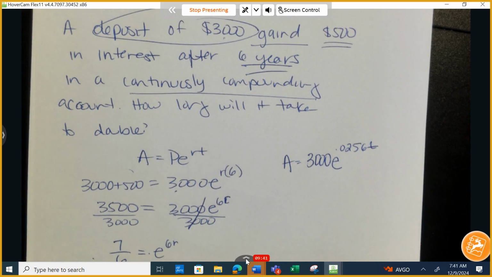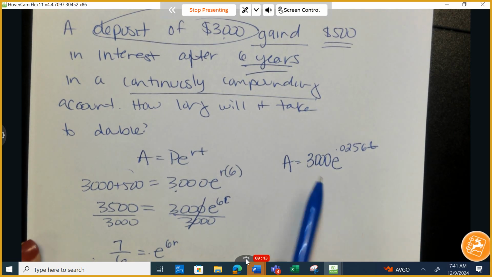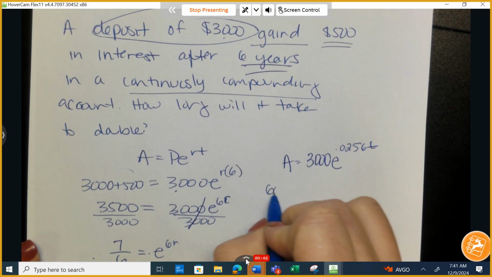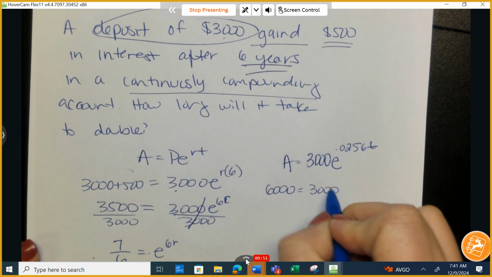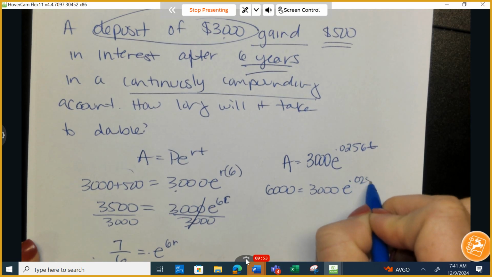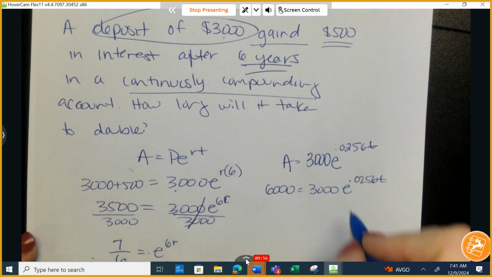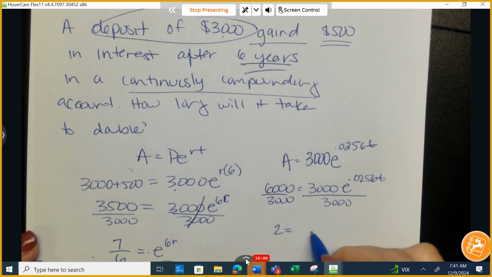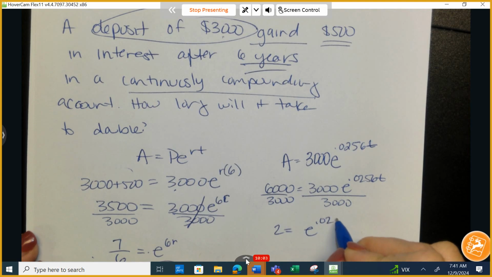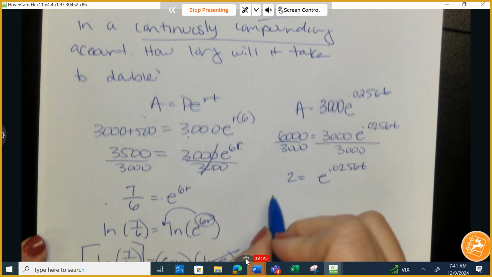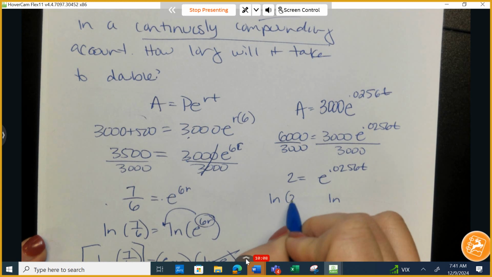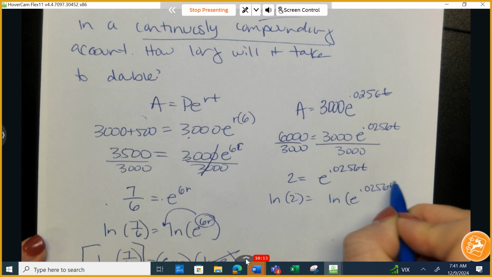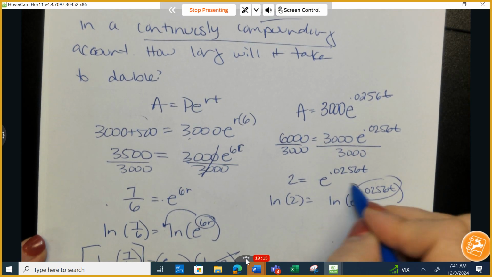Well, what is this question asking? It says, how long does it take it to double? So if it doubles, if I take this times 2, my end amount would be 6,000. So 6,000 equals 3,000 e raised to the 0.0256 t. I'm going to start by dividing by 3,000, and that's how I end up with 2, because it doubled. And the procedures I'm going through are just like any other problem that we've done today. I'm going to take the ln of both sides, and the purpose of that is it allows me to isolate the t. So this amount's going to drop in front,